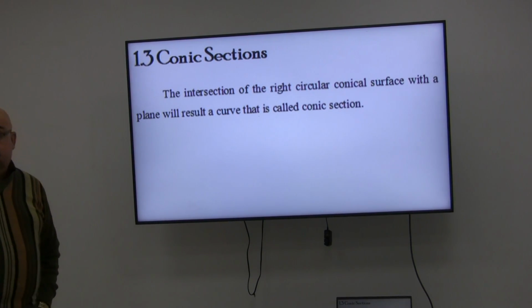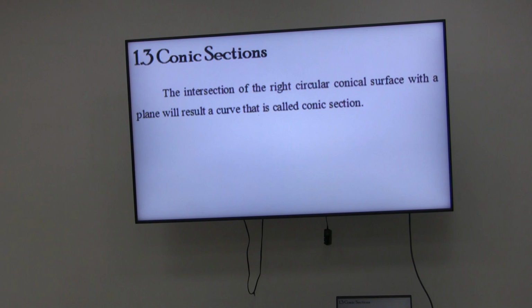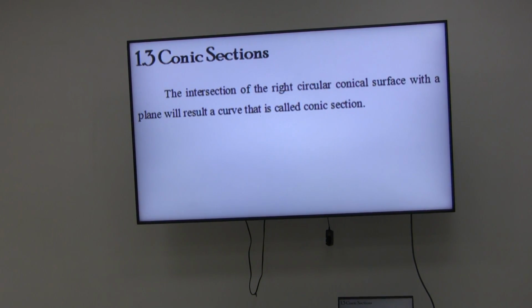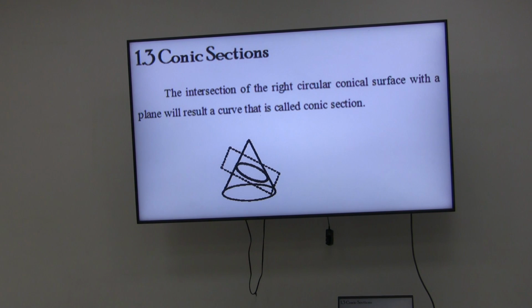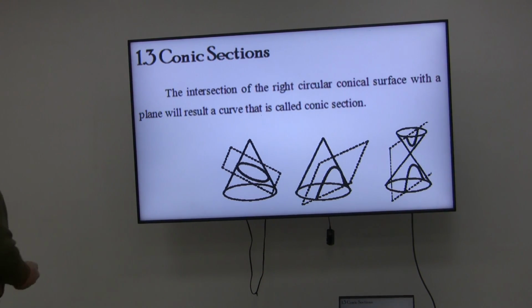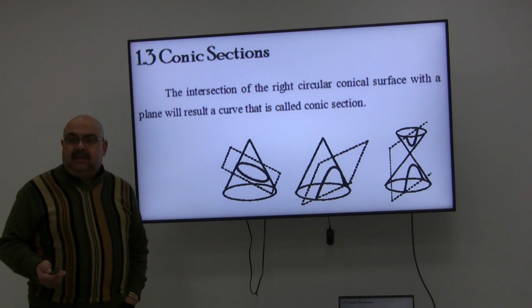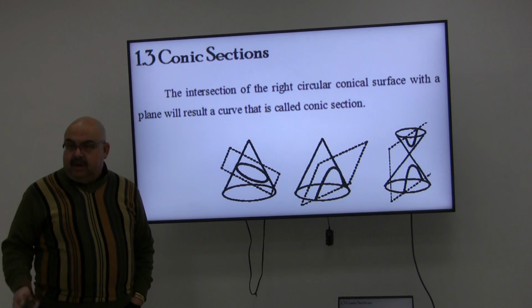First, why did we call them conical or conic sections? Because all of them can be found by making an intersection of a plane with a cone. So you will have their names. This is why their names are like the conical system, the conical sections, which are the ellipse, parabola, and hyperbola.